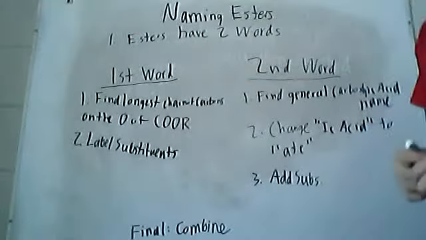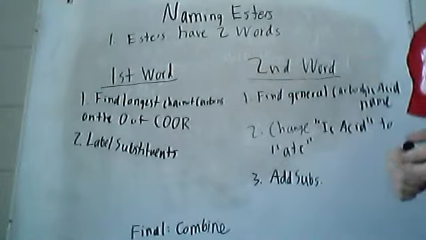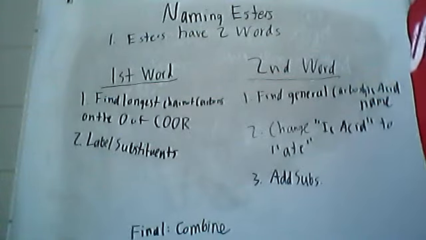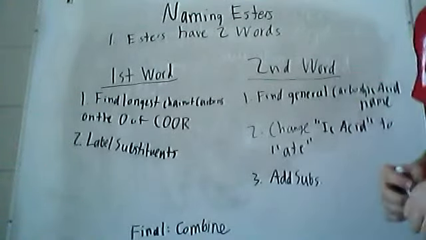Okay, here's the method on how to name esters. Esters are almost like carboxylic acids. However, instead of having an OH group connected to the C=O atom, we'll have an O as well as an R group, which R can be symbolized as a carbon-containing compound. So, that's the only difference in an ester.